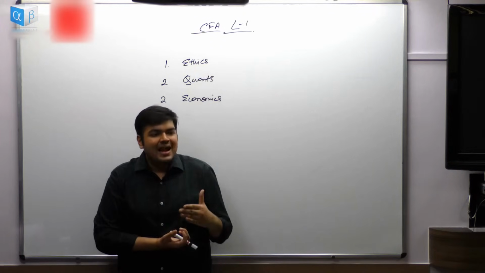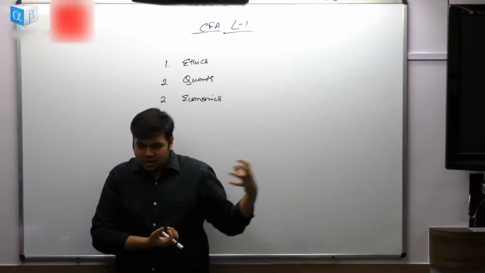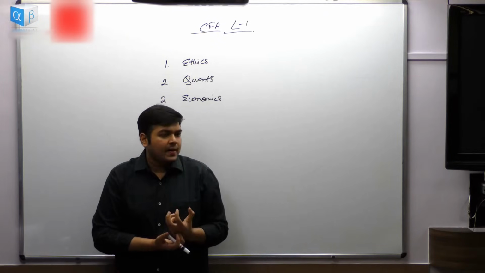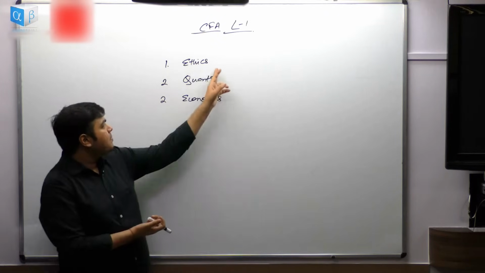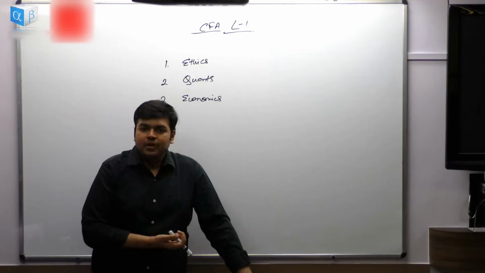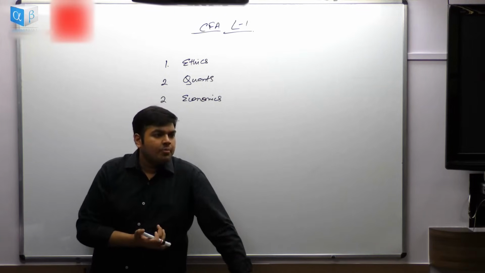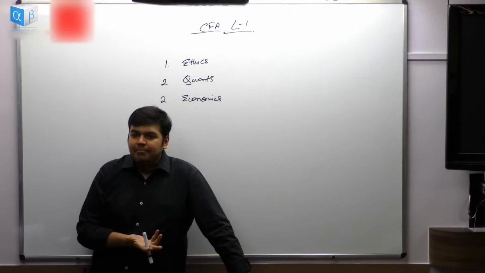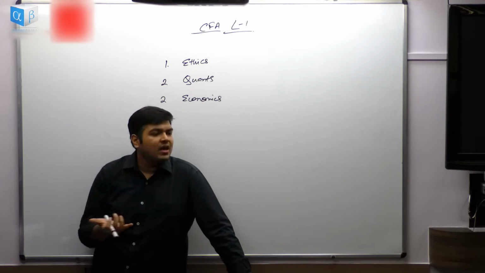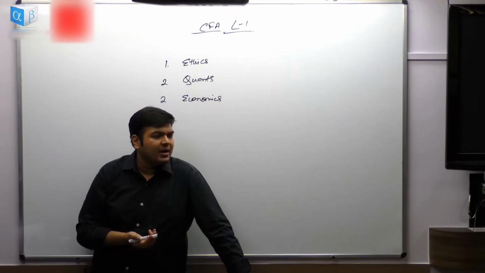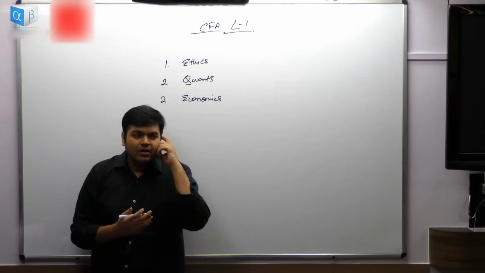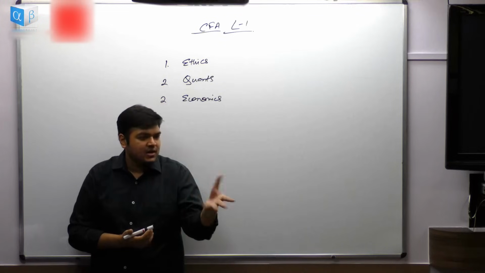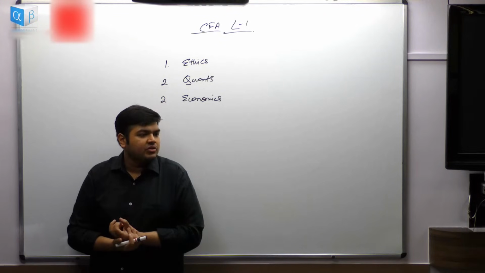So we have 7 standards based on which CFA members are supposed to be behaving. Those 7 standards are going to be very important when you're looking at the ethics curriculum. I'll give you an example. Rajat Gupta. How many of you have heard of his name? He was a part of an insider trading scam. He called up his friend and gave him details about what happened in his board meeting, and his friend traded on that information. His friend bought and sold shares on the basis of that confidential information,